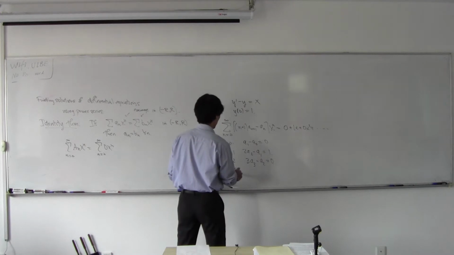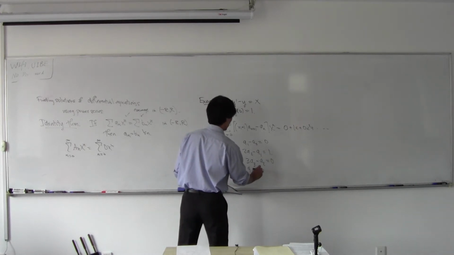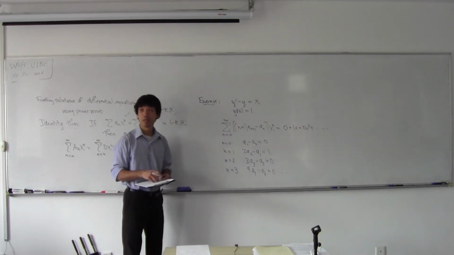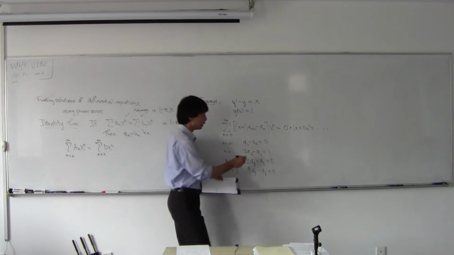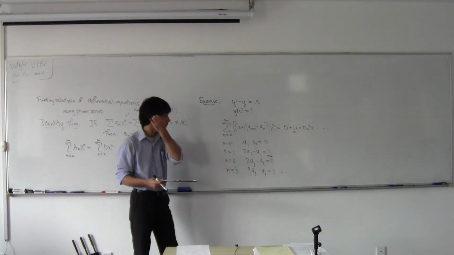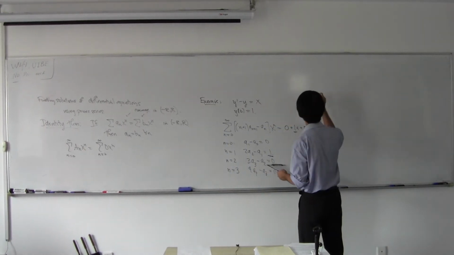When n equals 3, we get 4a4 minus a3 equals 0, and so on and so forth. This 1 is from here, and all the zeros are from the zeros. So that gives us that